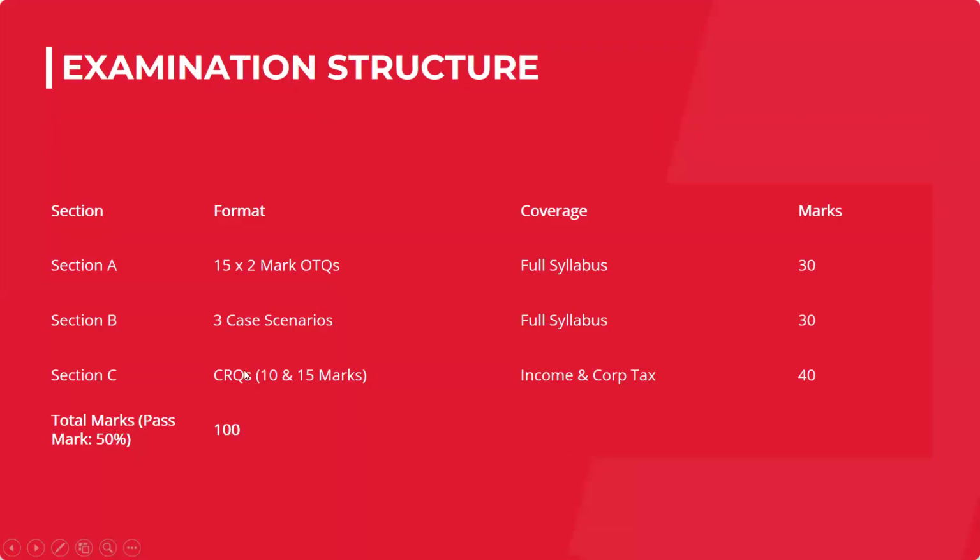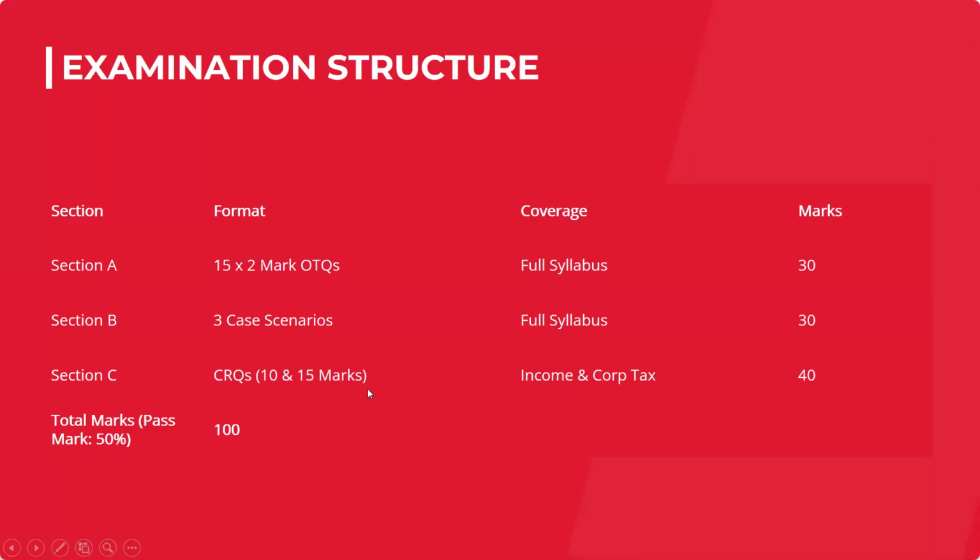Then section C, your constructive response questions, where three questions come in ACCA taxation. One is a 10 marker that can come from anywhere, but it's more related to a tax planning question. So the examiner will give you 2 to 3 scenarios, and will ask what advice you should give in that situation, what recommendation you should give in those circumstances. So it's a scenario based question.